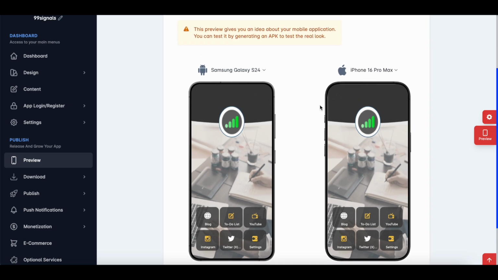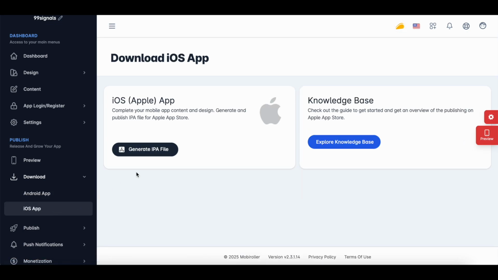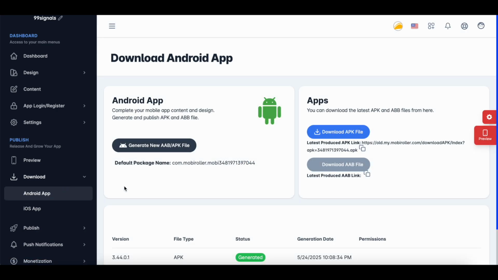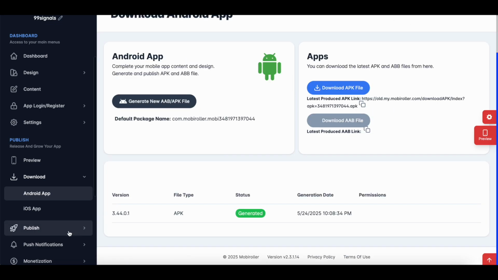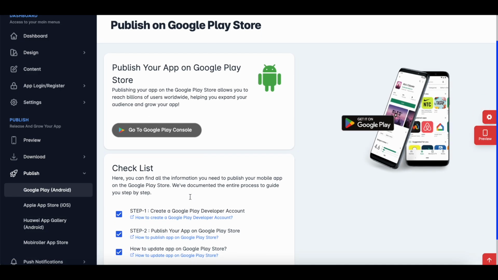And once you're satisfied with the way the app looks, you can go to the download section and generate an APK file for Android and an IPA file for iOS. Now with both of these apps, you'll need a Google developer account and an Apple developer account. I think the Google developer account is free, but there is a certain fee that you need to pay for Apple membership. Once you've created these developer accounts, then you can go to the publish section and just launch the app